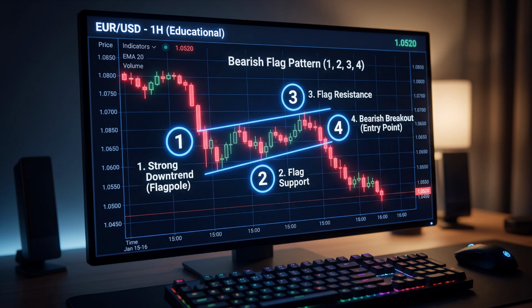The script finishes by asking if there are any specific questions about where to place stop losses or take profits